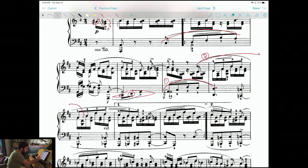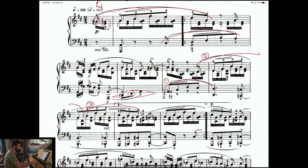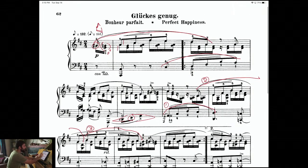And then here's the third one. So first in the left hand, and then 2 and 3 in the right hand. So here it sounds. That's number 1, number 2, number 3. So what's important in your shape, we've been just drawing these lines like this over this, but